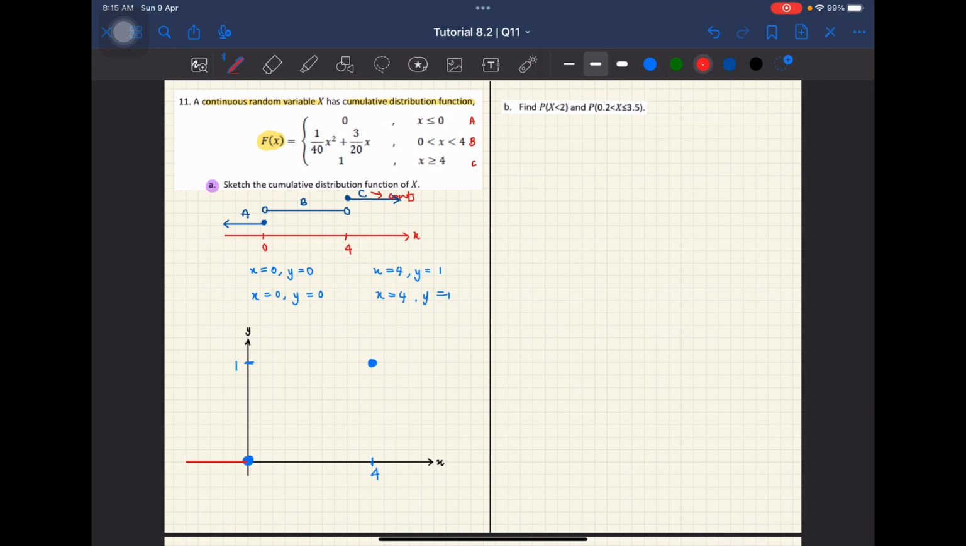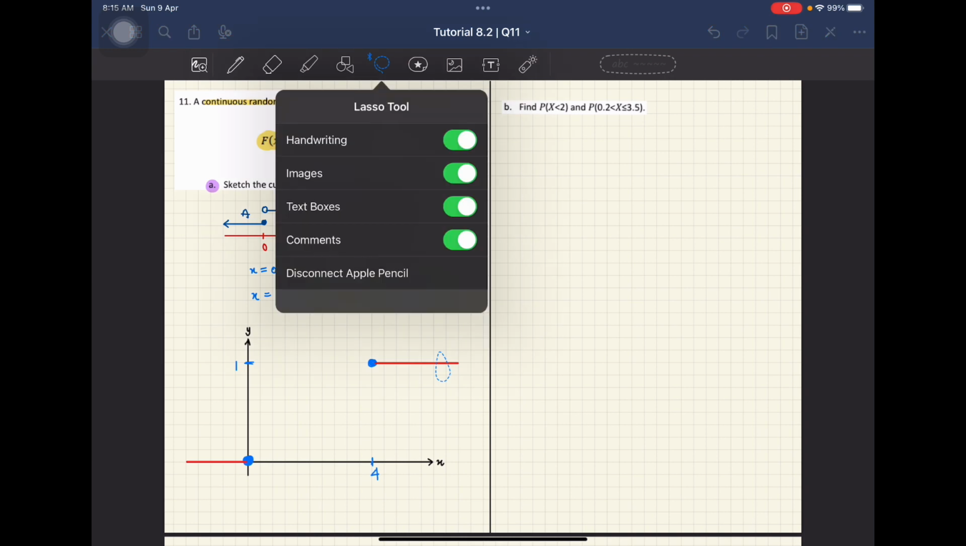Okay, and then dia berakhir pada 1. So dia berakhir pada 1 dekat sini. Okay, and then untuk nilai yang di tengah-tengah ni,